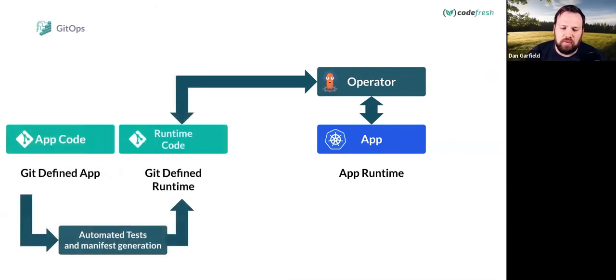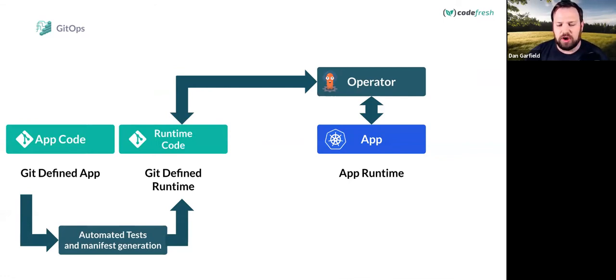Now, you actually need something usually a little bit more than that. This isn't necessarily a conformance question, but this is the most common pattern. It's the one that I recommend. You have an application code repo where you've defined your application, and you're making changes to that. As changes are made, an automated test process fires off in your automation platform of choice.